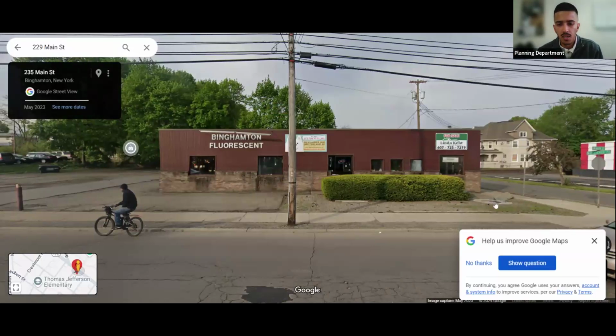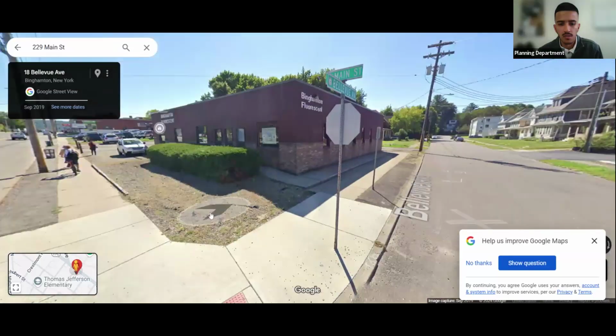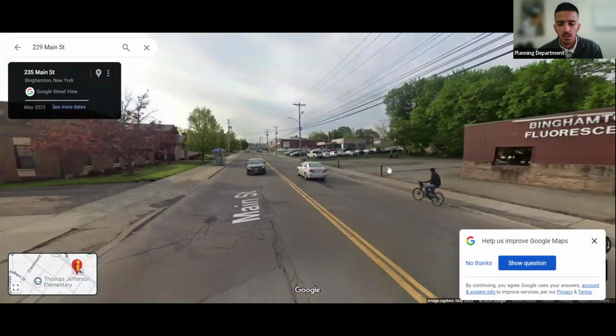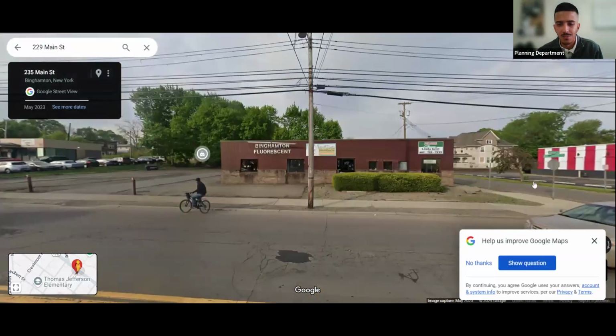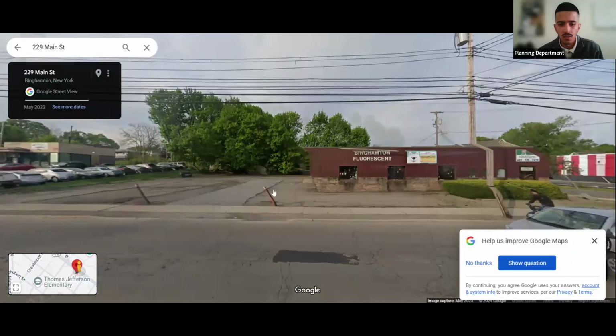Like two trees might not be possible. Maybe we can add a smaller tree in the corner by the stop sign to provide that shade. But again, there's the visibility aspect too, right by the stop sign. So I'll make that suggestion.